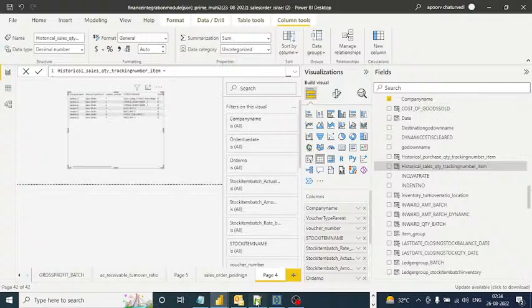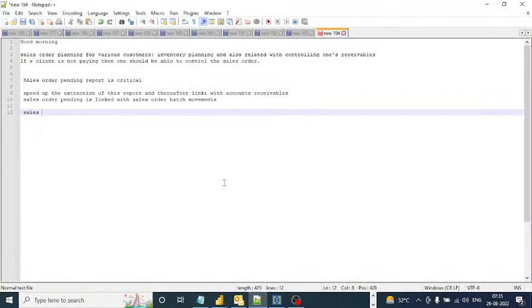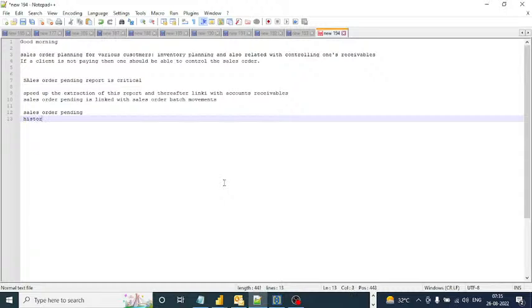What basically it means is your sales order pending is equal to historical sales order by company name or item name, minus sales invoice by company name or item name, minus your delivery notes